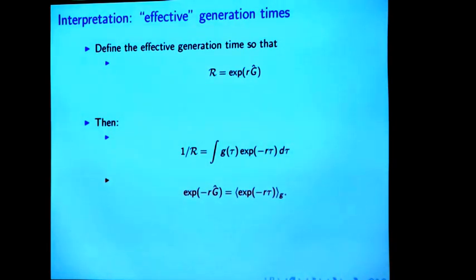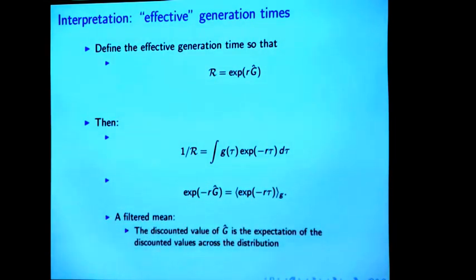Okay, just take my equation, I'm going to rewrite it in terms of expectations and in terms of my definition, and what I find is that G hat is kind of a filtered mean. It's a representative value. I'm writing this integral in a way that's more intuitive to me, but not necessarily to you, as an expectation. So because G is a distribution, the integral is an expected value of this discount factor over my generation distribution. And I'm going to say G hat then is the representative value that gives you the same answer as if you take that average. So filtered means,